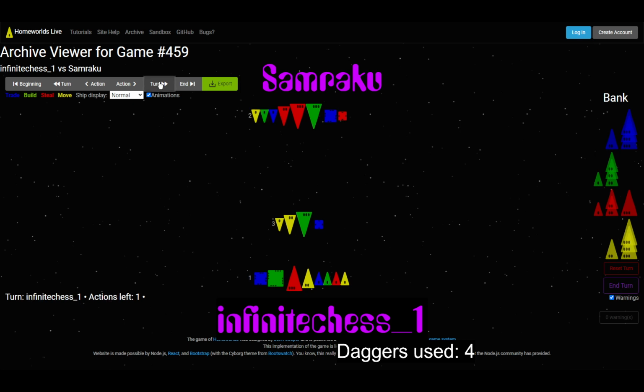Okay, so Samraku's turn. What are they doing? They're building a G1 back at home, not in the colony. I'd be doing it in the colony for sure to knock out that green star. Yeah, I'm not sure what that's about. Okay, Samraku spreading out the red. Green is the real danger. I'd be trying to get the green out of here, but I guess